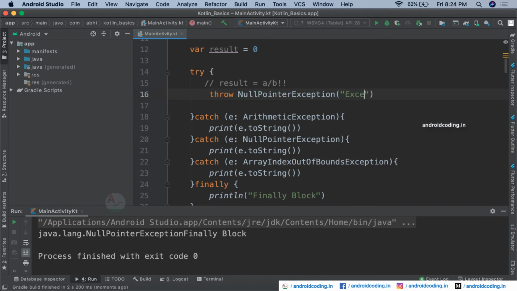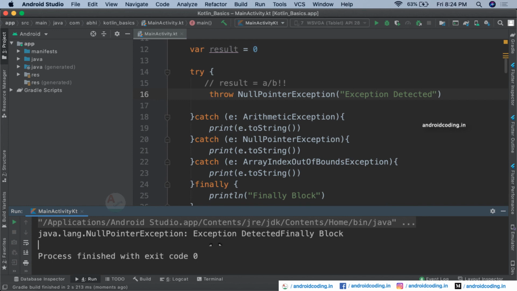Here I specify the message exception detected, and in the output also you can see we have got the output exception detected. Whatever message you have specified in the throw, we get here in the output. So you can easily find out the reason of the exception by providing these custom messages.